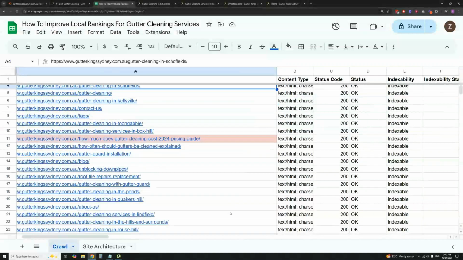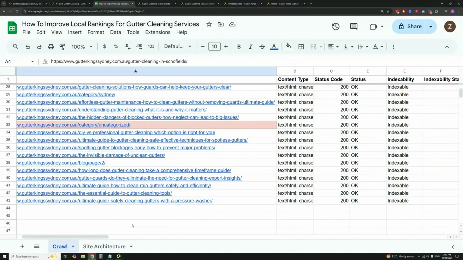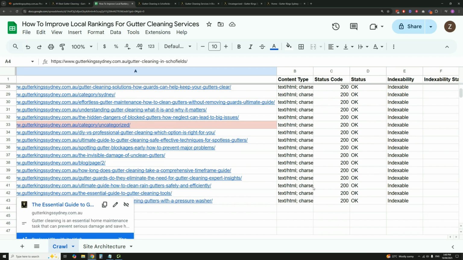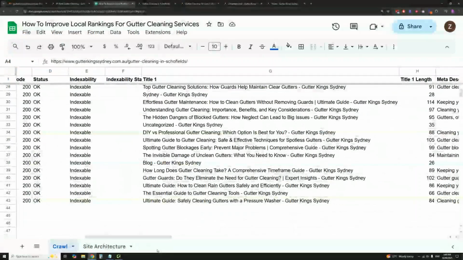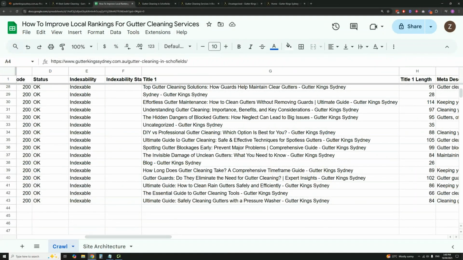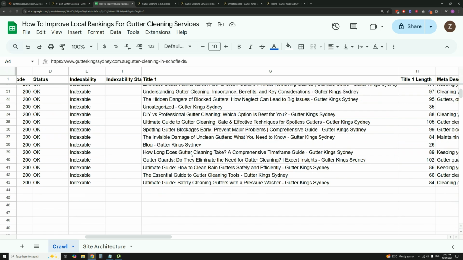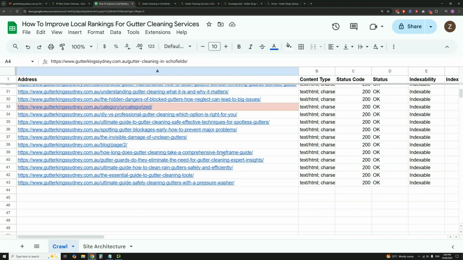The other thing I want to mention here is the blog content. So we can see that there's quite a few assets created around gutter cleaning and gutter repair. If we scroll over to the titles, there's quite a few assets around gutter cleaning, gutter blockages, the time it takes to clean gutters. And on the face of it, it looks quite good. They have covered quite a variety of different topics. Now, the issue is when we look into each of these blog posts,